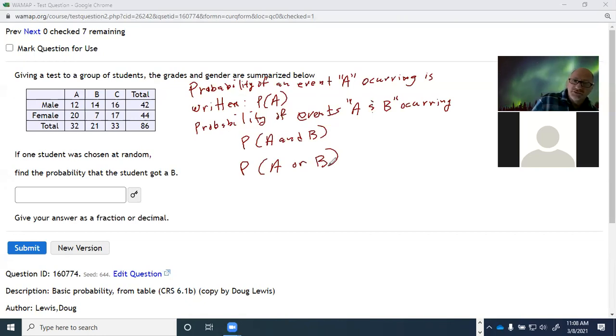So these are the three different kinds of notations we have: probability of A, probability of A and B, probability of A or B. And we have one more thing, and that's the probability